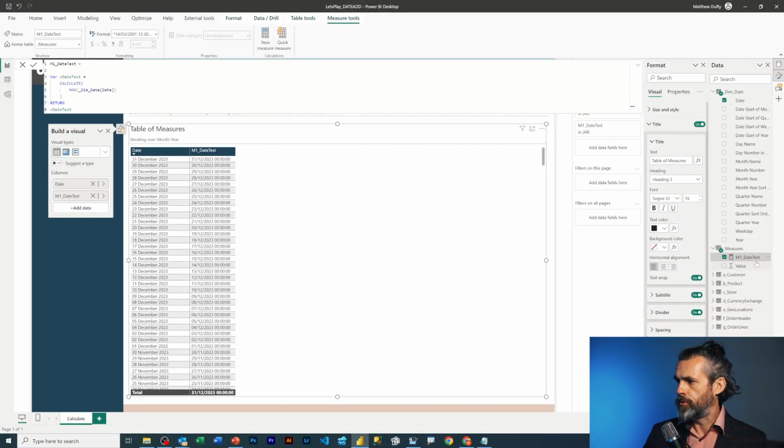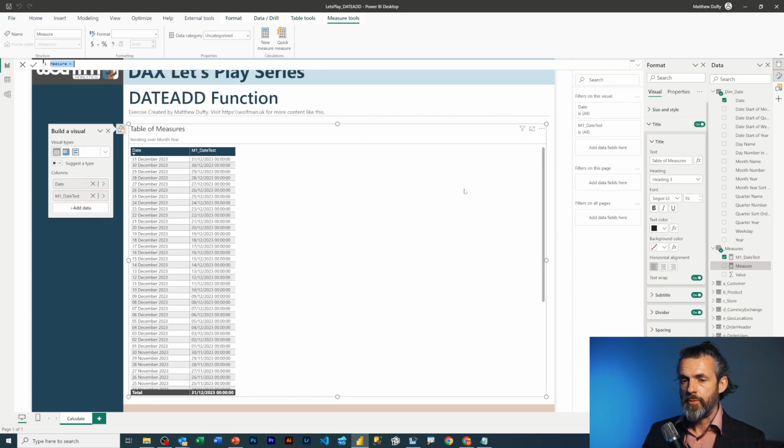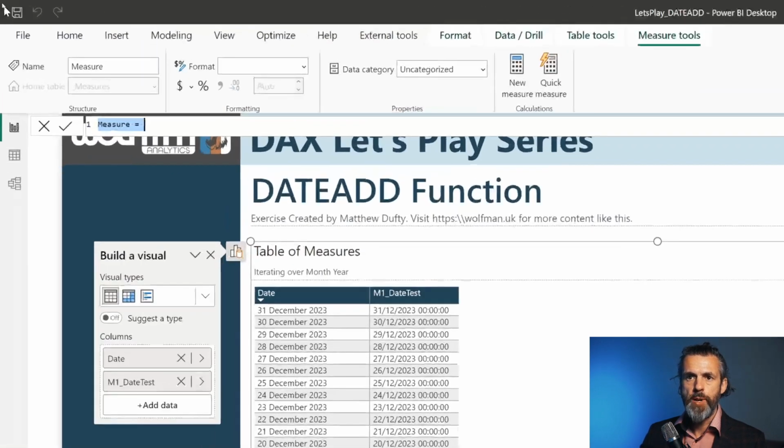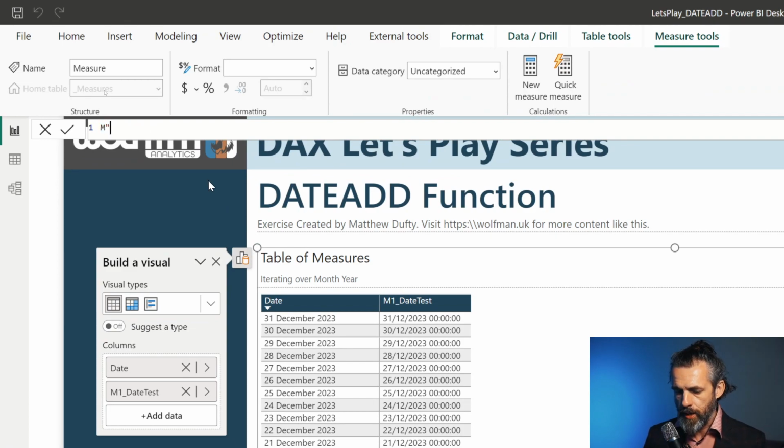So let's introduce another measure which will return the net sales value sold on that particular date. So there's no date adjustments on this one. This is just for testing purposes only, so we've got a point of reference with our sales information. So let's introduce a new measure. We'll call this M2 sales value current,